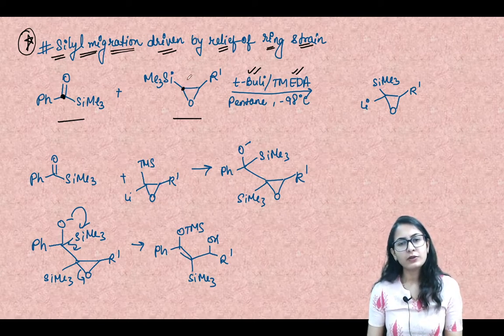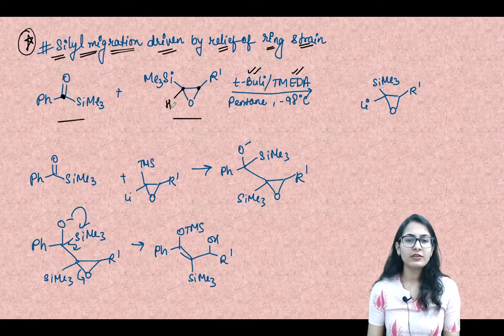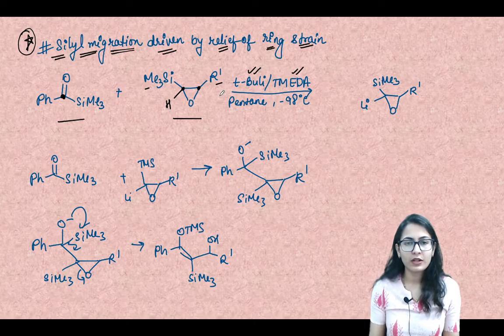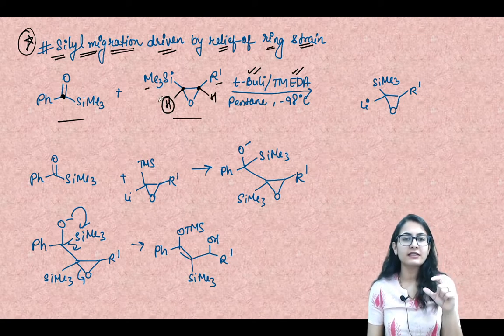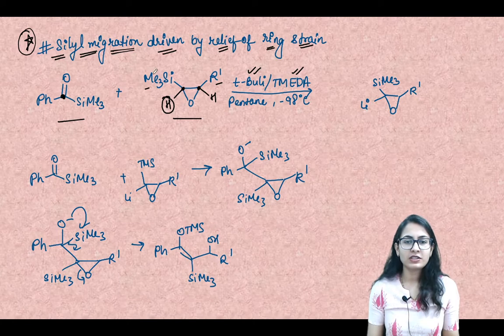In this molecule you don't have an alpha hydrogen either, but the hydrogen which is connected to the epoxy carbon, it is going to be more acidic as compared to all of the other possibilities, that is this methyl or the R group and so on, right? So yes, you have a hydrogen over here as well as over here. Since the proton is connected to silicon and oxygen, this is going to be more acidic from this side.